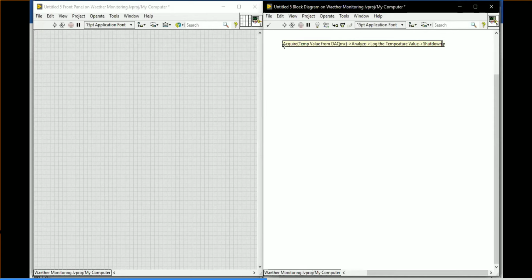First we need to identify which design pattern you are going to use to develop the program. Tell me which design pattern we will use to create the problem. I want to acquire the value. After acquiring the current value, I have to analyze it against the maximum and minimum values. Then I want to log the current, minimum and maximum temperature values, with the status and warning also. Last, I am going to shut down if the stop control is pressed.